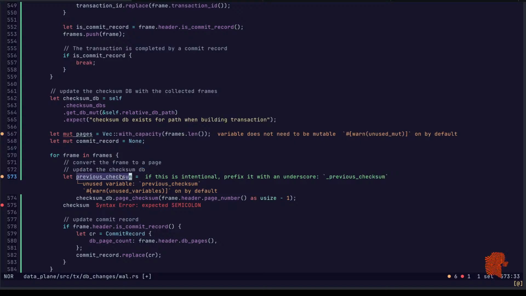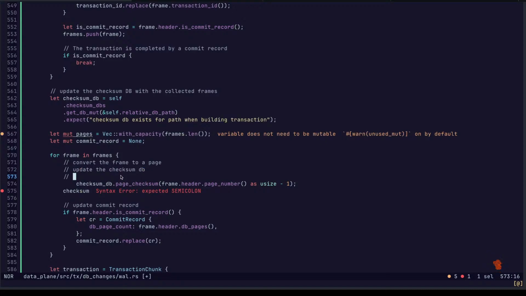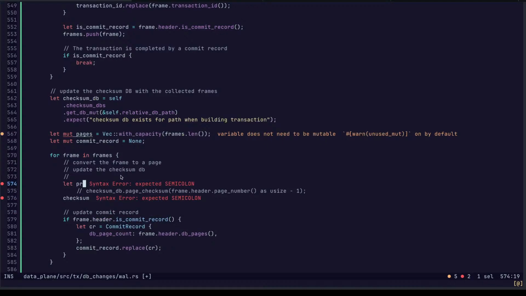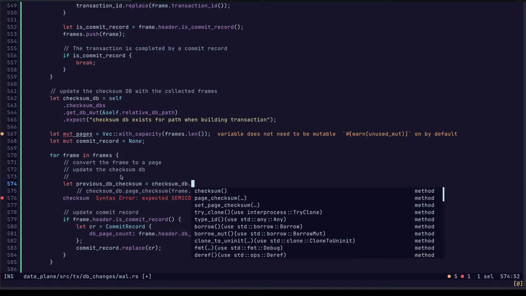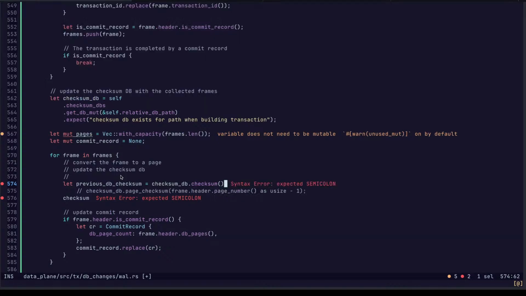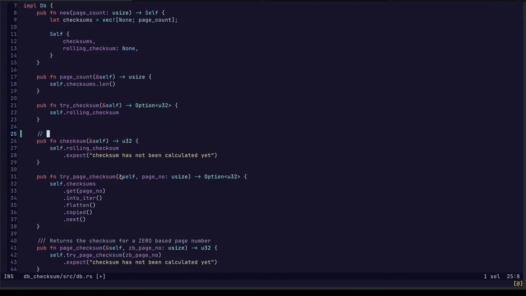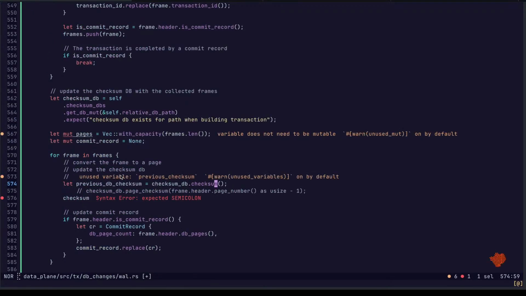We don't need this. We actually need the checksum of the DB itself before we update it. So not that. Comment that out. What? I think it's this. Yes, this is rolling checksum of the database.